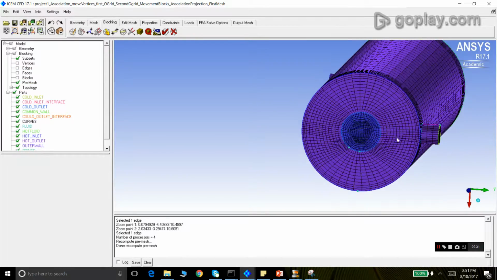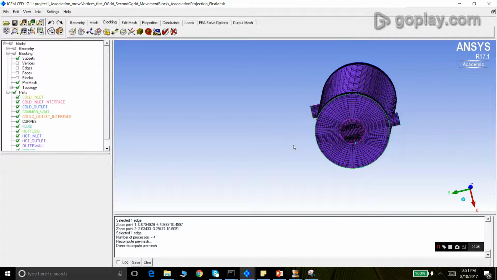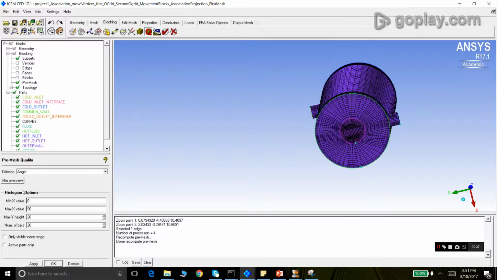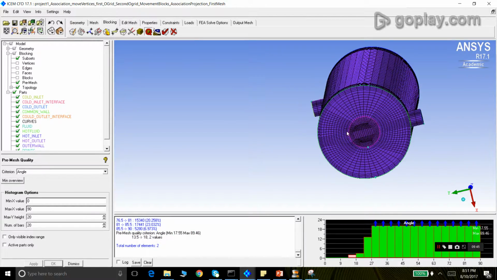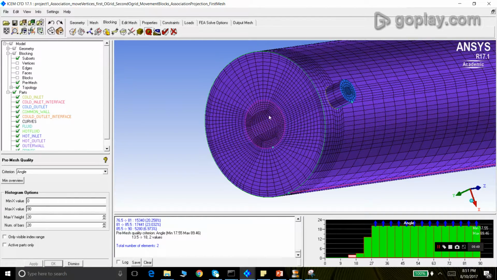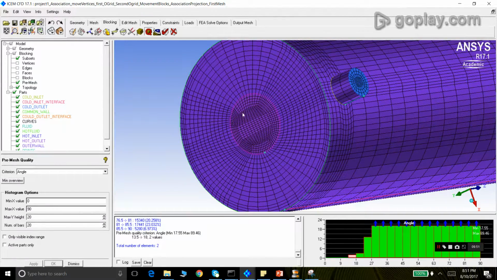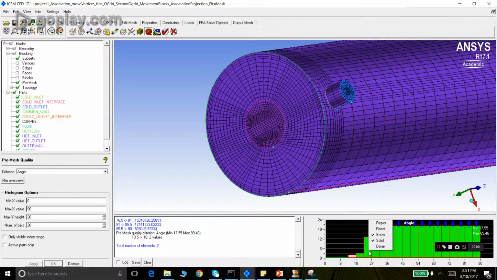so our mesh is complete. You can run a quality histogram and see that the angle has improved to 17.55, which is very much acceptable for almost all the solvers. We can improve the mesh a little more by changing the node distribution on each of the edges, but that can be tackled on your own. So this is the end of